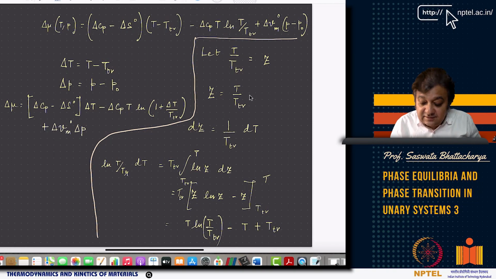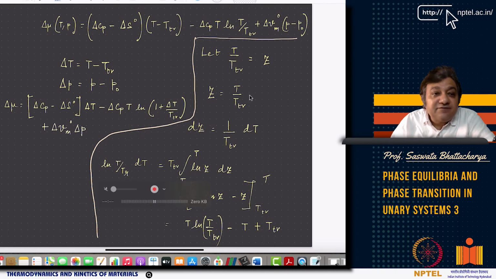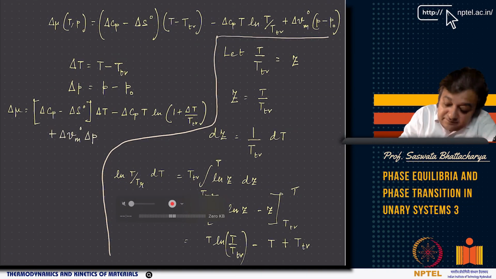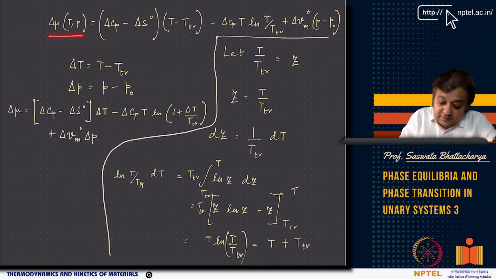So as you can see, delta mu, the chemical potential difference, as I was discussing in the last lecture, is a function of the driving force. The driving force D equals minus delta mu, and delta mu is a function of T and P. And as you can see, when I simplify, I take delta Cp,